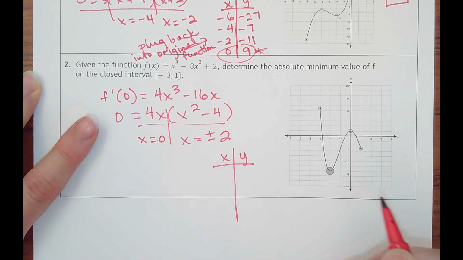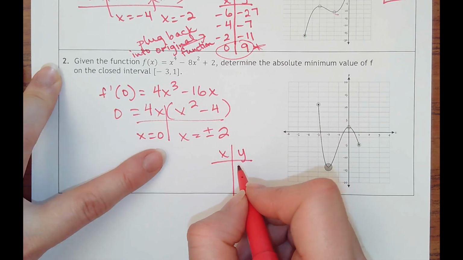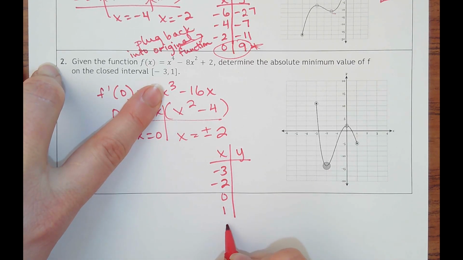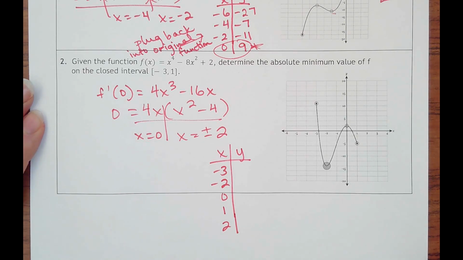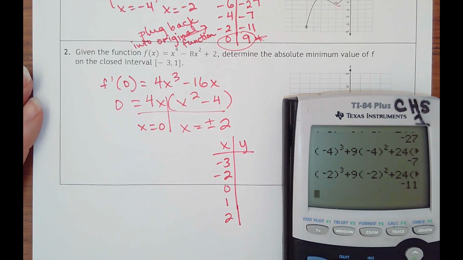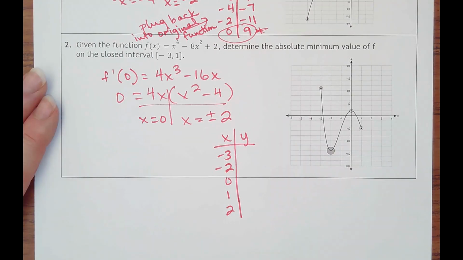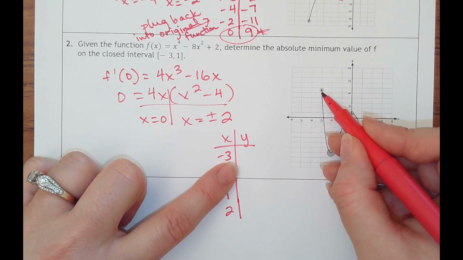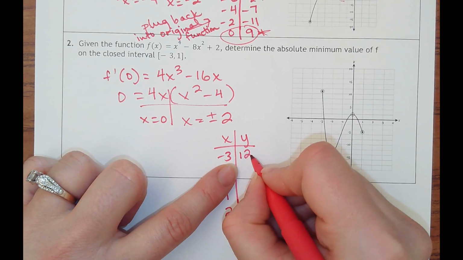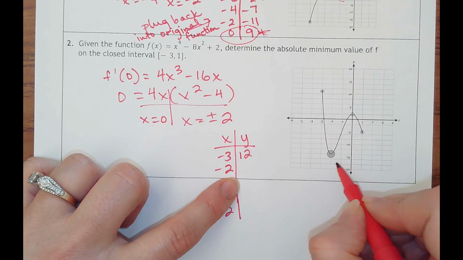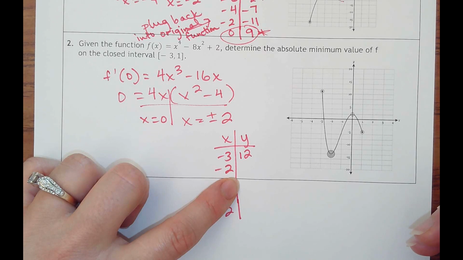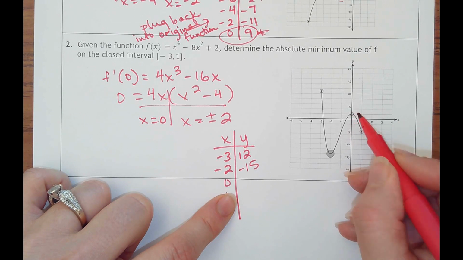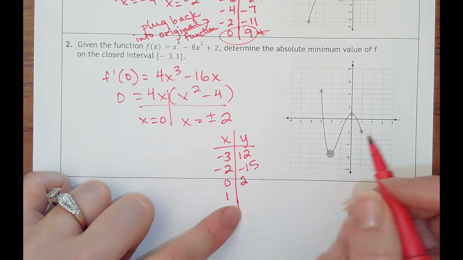Because again, a high or low point can be on a closed endpoint. Lowest value would be -3, then -2, then 0, then 1, then 2. And you would just plug them back into the original function to see what they get. I'm going to cheat since I have the graph, but you know how to do that. So at -3, it looks like it's at, I don't know, 12, kind of making it up right now. -2 looks like it's at -15. At 0, it's at like 2. At 1,